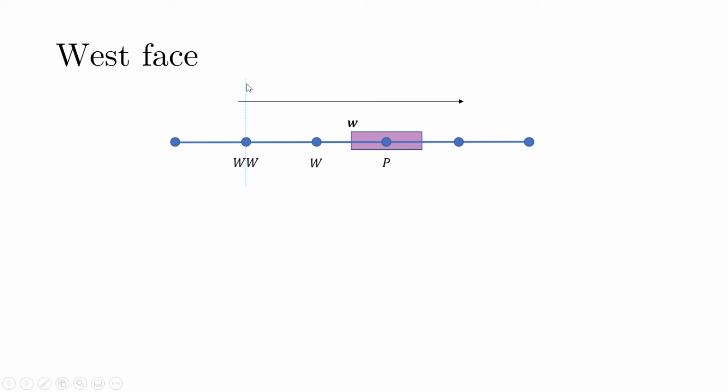And the reason why I have drawn this vertical line will be very clear shortly. So now we have 3 points: 2 upstream points and 1 downstream point. Then the QUICK scheme says that we have to fit a quadratic polynomial of phi in these 3 points over here. So we can have a polynomial of the form ax square plus bx plus c. That is a standard quadratic polynomial that we are going to fit through the 2 upstream points and 1